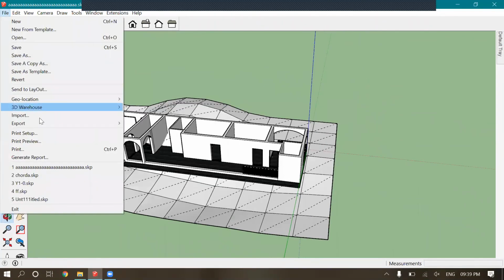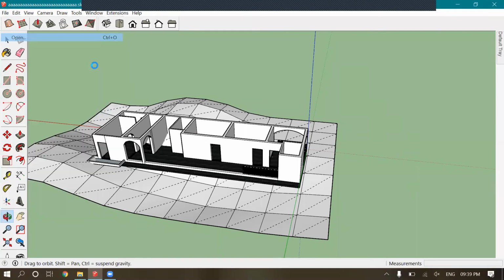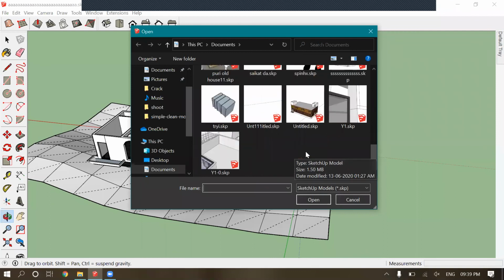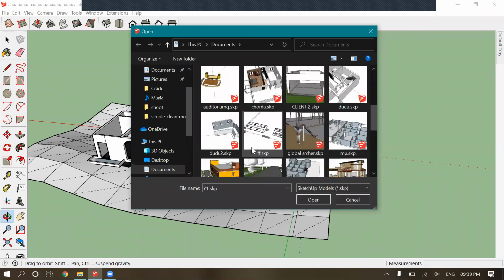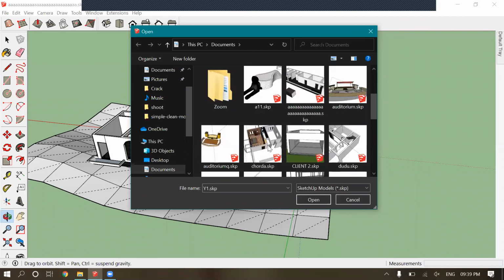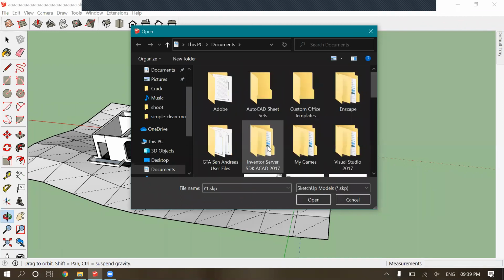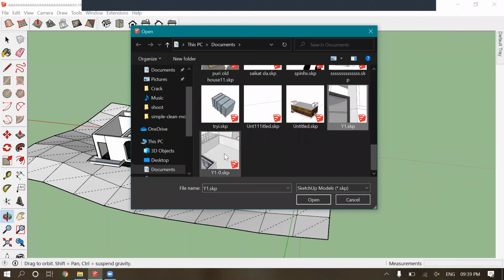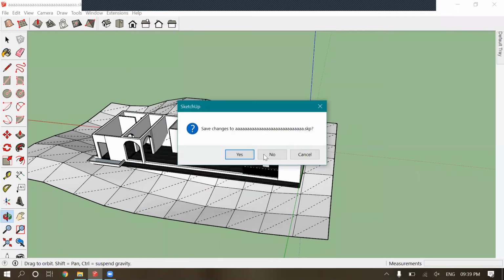Now, practically, I have used it in a model. Let's show it. Okay, let's say this one.